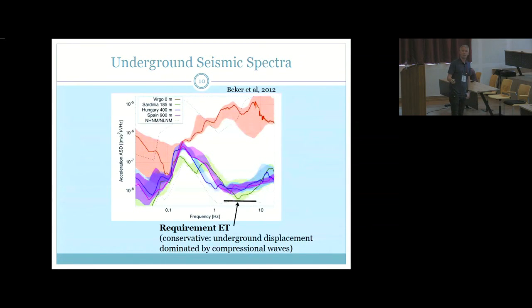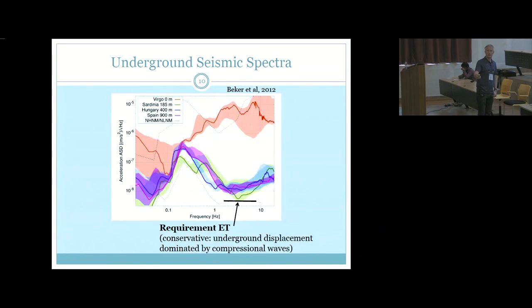This is, for example, seismic spectra measured between 0.1 hertz and 10 hertz. And here, ground acceleration. And you can see, for example, here the spectrum of the Virgo detector. It's really very, very loud. And also here, in this case, mostly produced by the site infrastructure. But at the surface, it's always going to be louder, unless you're really searching for very quiet sites, which you may find in Antarctica or some places in Alaska or whatever.